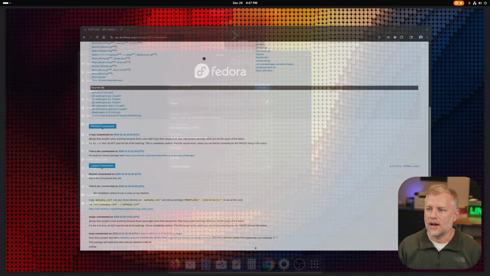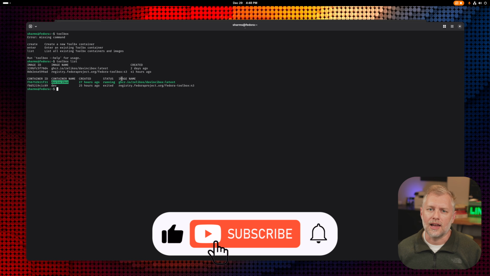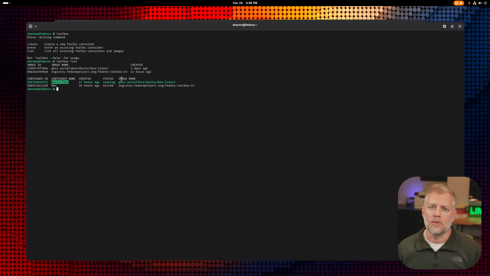If we pop open a terminal here, what you'll see is there's this toolbox command, and you can do toolbox list. In this case, I've already created a few of them, but I have this DaVinci Box. That's the key to working with DaVinci on Linux: DaVinci isn't developed for Linux natively in terms of updating with the libraries and keeping up to date with the newest things. So it's much better to have a container with generally known good libraries, and that's what we have here. Toolbox is really cool because you can do toolbox enter dev.